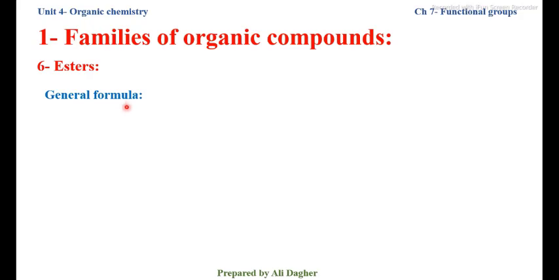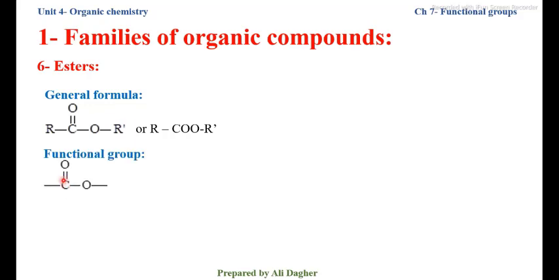Sixth family, esters, of general formula RC double bond O O R prime or RCOOR prime. Same as carboxylic acid, but we replace the hydrogen atom with an alkyl group. Functional group is C double bond O single bond O or COO, which is called ester group. Example,